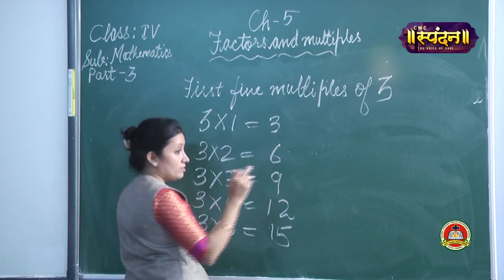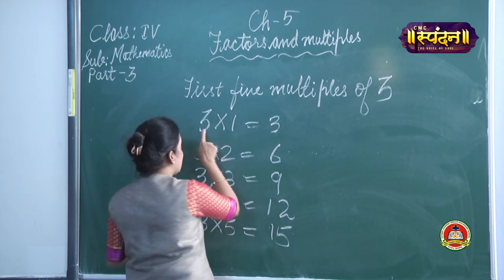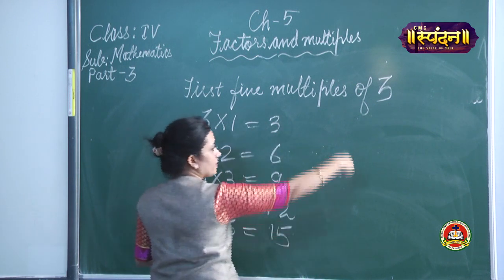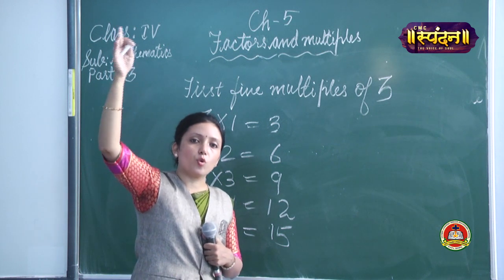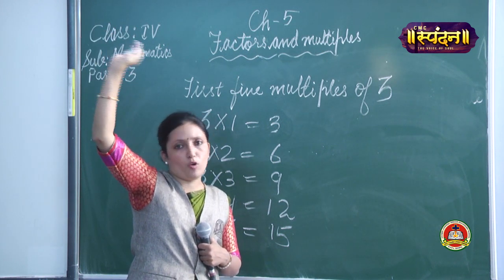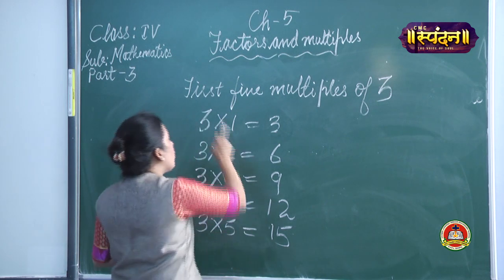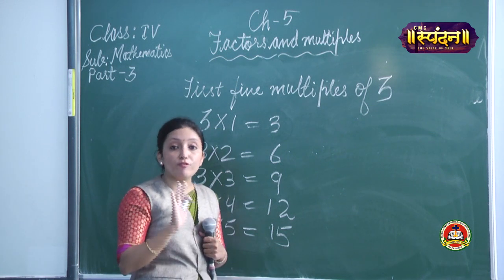Now almost you can understand, and now tell me which is the smallest one. Yes, 3, and 3 is the number itself, and now this is your smaller, but you can't get an ending to this. I can multiply 3 with 10,000 crores and I can move on and on and on. There is no ending. It is infinite. But I am asking you only to do first 5 multiples. That's why I am writing it till only 5.